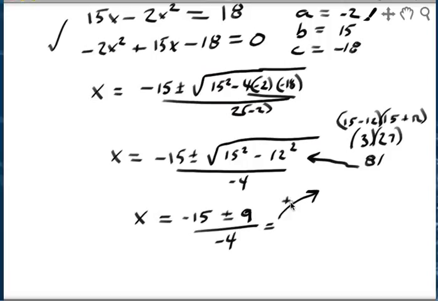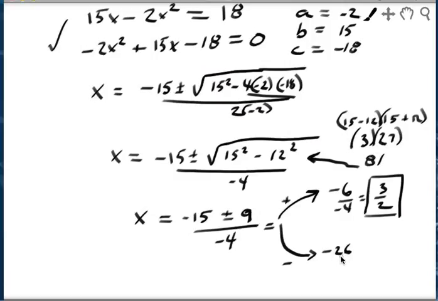There's the case where we're adding the 9, and there's the case where we are subtracting the 9. When we add the 9, we have negative 15 plus 9, which looks to me to be a negative 6 over a negative 4, which is the same as 6/4, which is the same as 3/2. There's one of my answers, a positive 3/2. In the negative case, we have a negative 15 minus 9, which is a negative 26, over a negative 4, which is the same as 26/4,